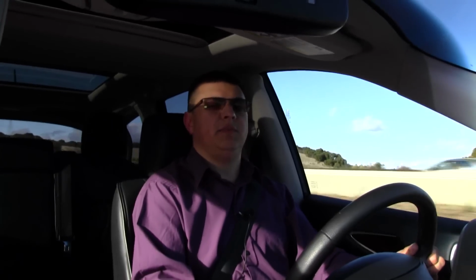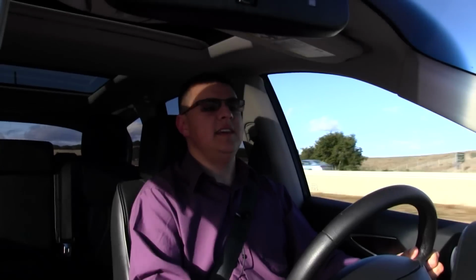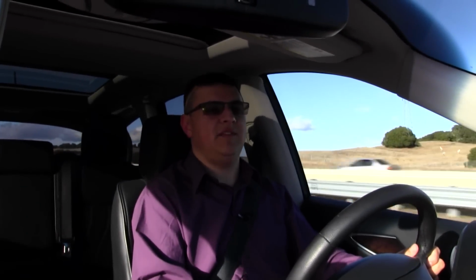The JX rides and handles pretty much exactly like you'd expect a 7-seat luxury crossover to ride and handle. Things are very quiet here in the cabin. Bumps are soaked up fairly well by the suspension. The ride isn't as stiff as it is in the new Nissan Pathfinder. The JX is tuned slightly more comfortably. The CVT is a fairly acceptable companion in most situations. I think I would prefer a 6-speed transmission in a vehicle like this, but the CVT has some definite benefits,